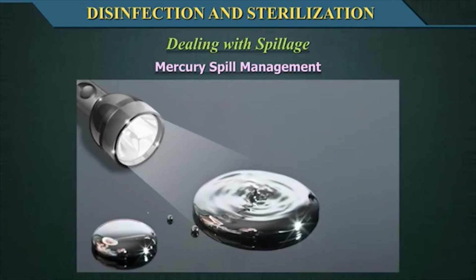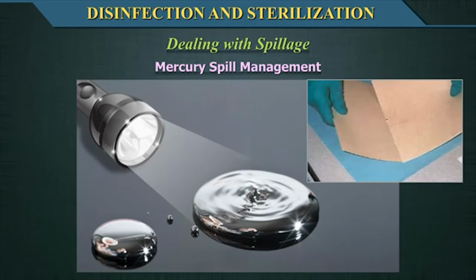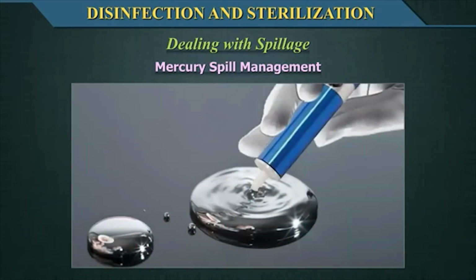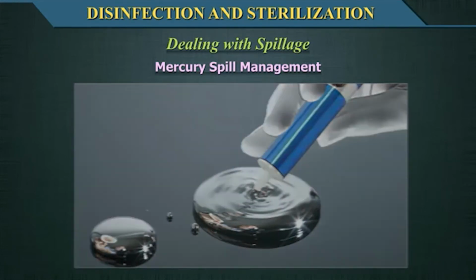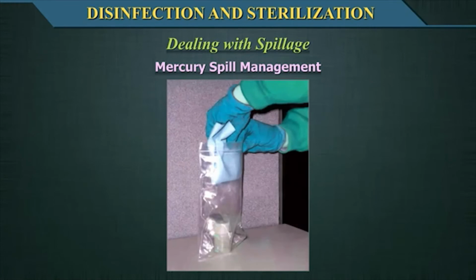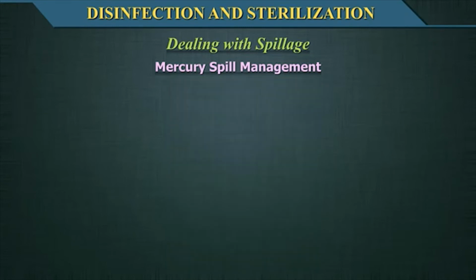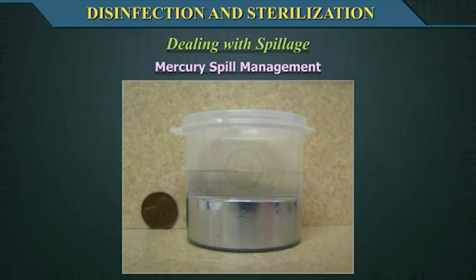Use flashlight to locate and cardboards to bring mercury beads together. Collect with an eyedropper or a syringe and carefully place it in a bottle containing water. Any remaining beads of mercury should be picked up with a sticky tape and placed in a properly labeled plastic bag. The bottle should be sealed with a tape labeled as hazardous waste and securely stored inside another plastic container awaiting final disposal to government-nominated or authorized mercury dealers.